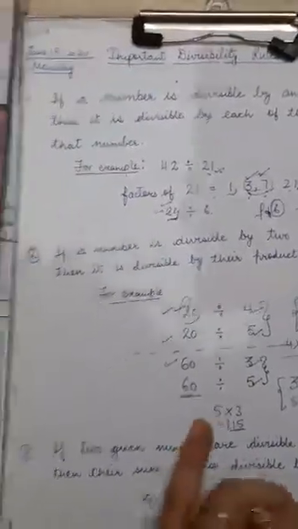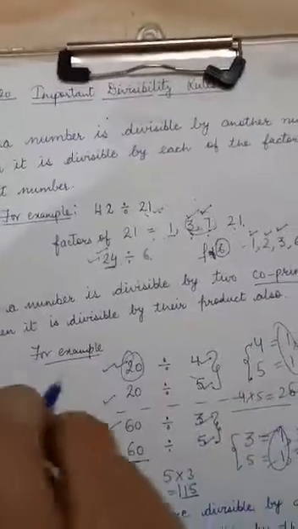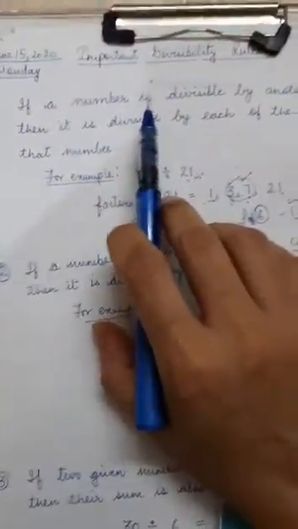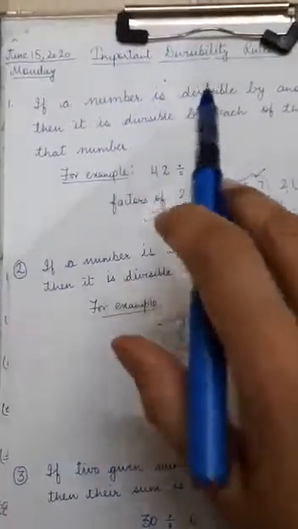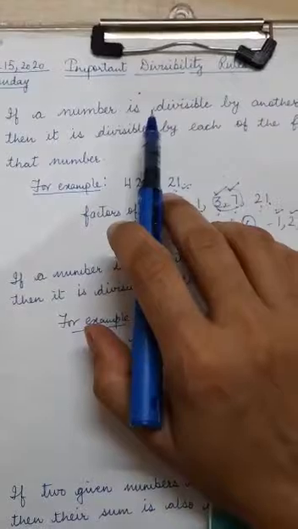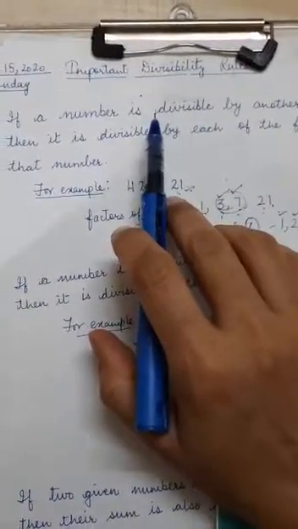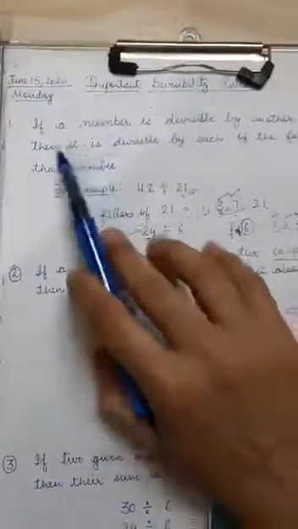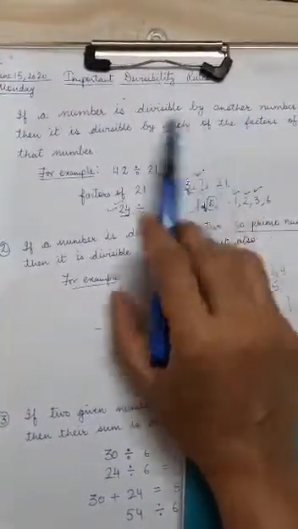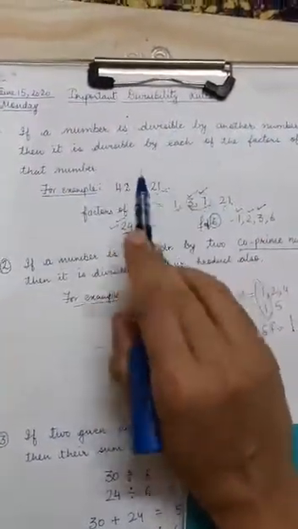Good morning, everyone. In the last lecture, we discussed a few concepts of exercise 3.1 to 3.4, and now today let us observe a few more rules about the divisibility of numbers. So the first rule says, if a number is divisible by another number, then it is divisible by